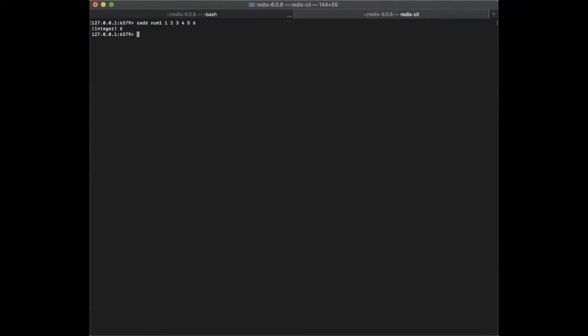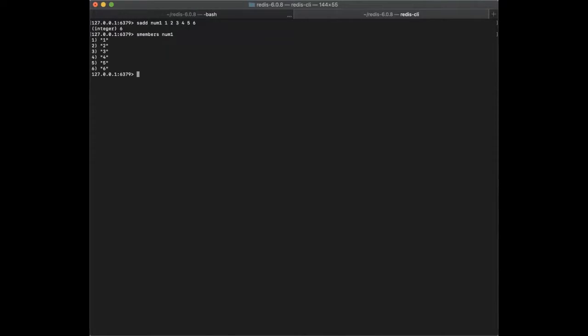Another thing you have to remember is for the set in Redis, there will be no duplicate of members. So you cannot have like 2 number 1, or 2 number 2 or 2 number 3 in a set, all the members of the set have to be different. So now you will have them as members of num1. So here you will see the members of the set in an order,